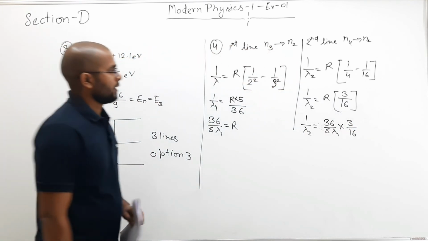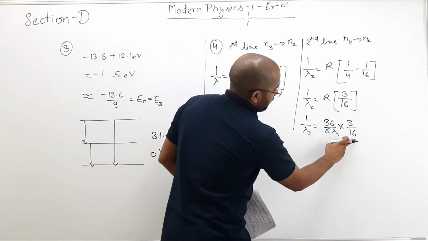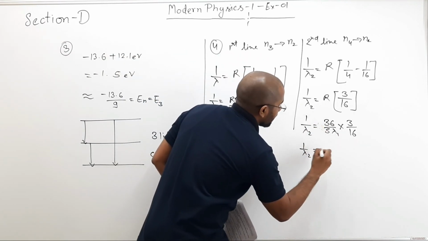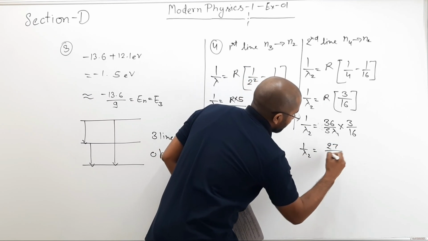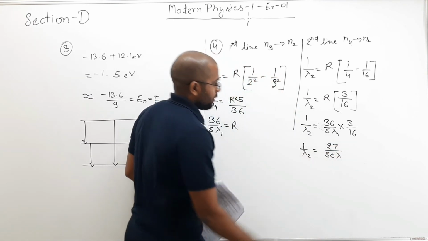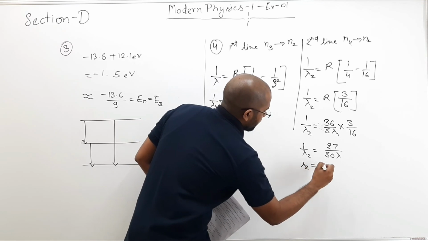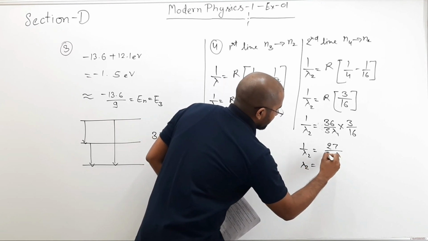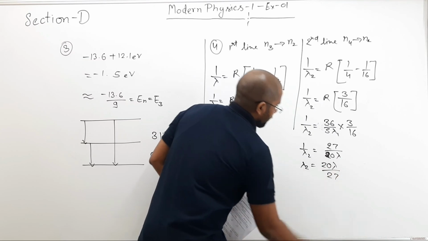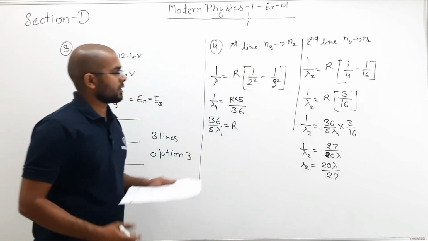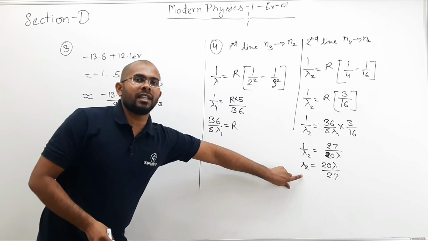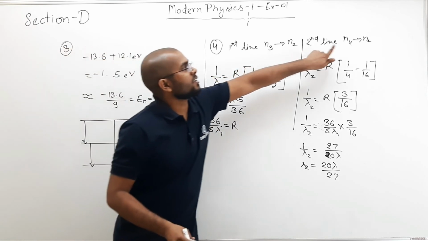Like this. So this will be 4 into 4, 16, 4 into 9. So 1 by lambda 2 equals 27 divided by 20 lambda 1. So lambda 2 equals, sorry, this is 20 lambda divided by 27, that is your lambda 2,